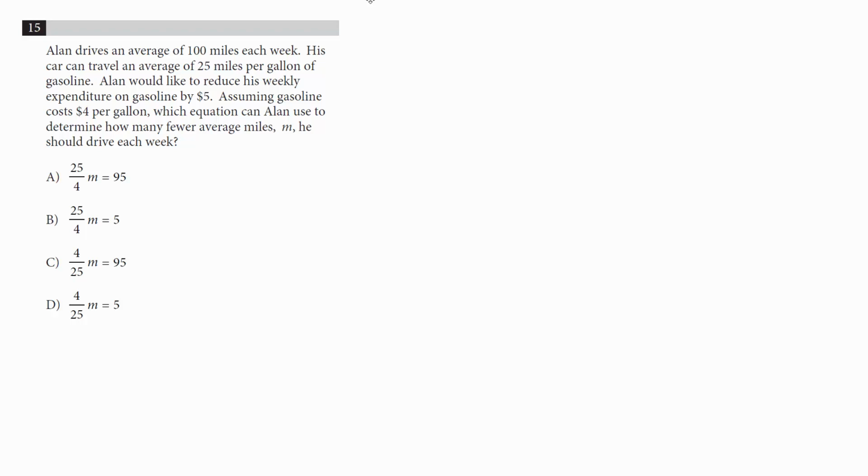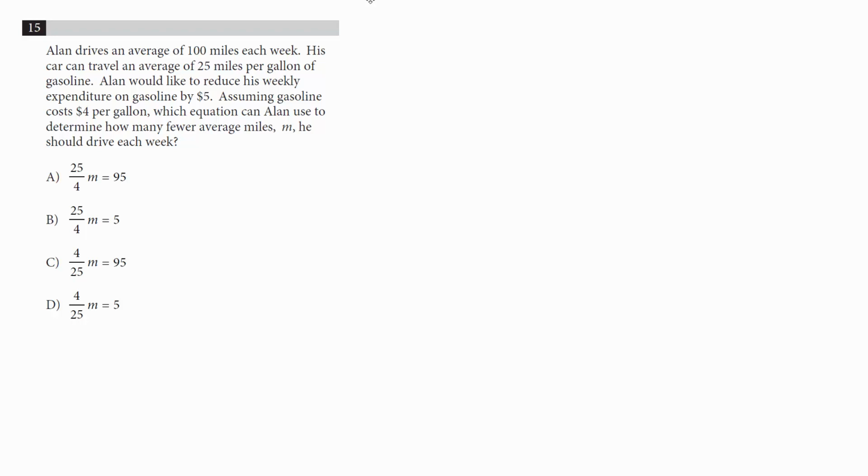Number 15. Alan drives an average of 100 miles per week. His car can travel an average of 25 miles per gallon of gasoline. Alan would like to reduce his weekly expenditure on gasoline by $5. Assuming gasoline costs $4 per gallon, which equation can Alan use to determine how many fewer average miles, M, he